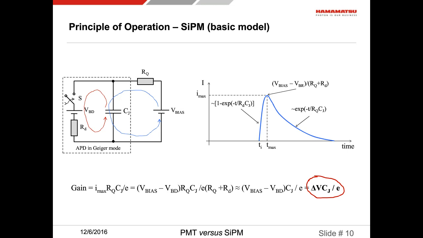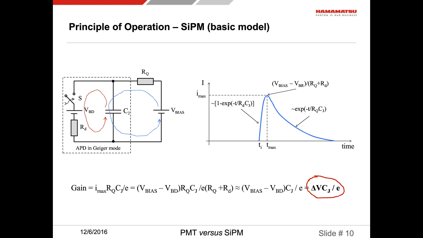However, when this potential drops to about VBD, then the avalanche quenches, it stops. There's not enough electric field in the high field region to sustain the Geiger discharge. We reach a peak. At this point, the switch opens and the capacitor begins to recharge